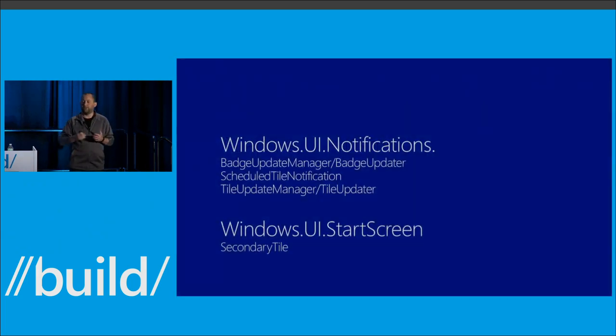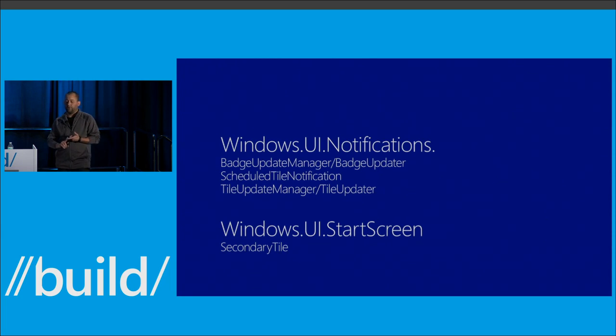I wanted to talk a little bit about the APIs we didn't talk about, because there are a lot of APIs in the notifications namespace, and we're not going to be able to cover them all today. But really, they're all the same as what they were before. That is to say, at the end of Windows Phone 8.1, if you look at what was in these namespaces, they're the same ones still available to you in your UWP.